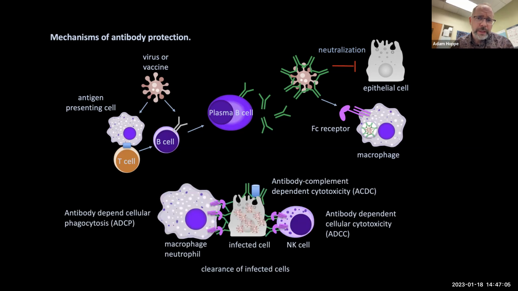Okay. In the absence of complete neutralization or partial neutralization, these viruses can infect certain cell types, and those cell types can then become sources of new virions, but also can be recognized by antibodies through displaying viral components on their surface or alterations in the cell as they undergo cell illness, if you will, during the viral infection.